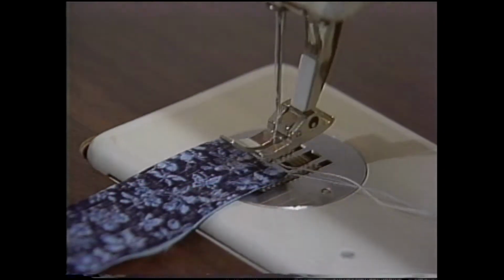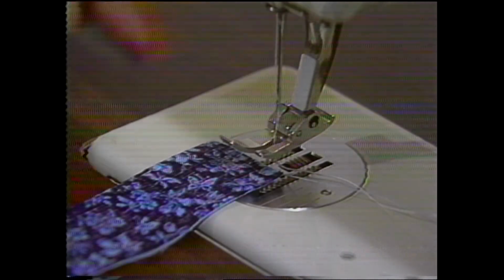Now, one technique of making quick strip piecing is to use the presser foot or the outside edge of the feed dog. And you can see right here is the feed dog. And I use the outside edge of that and put my fabric right in contact with it so that